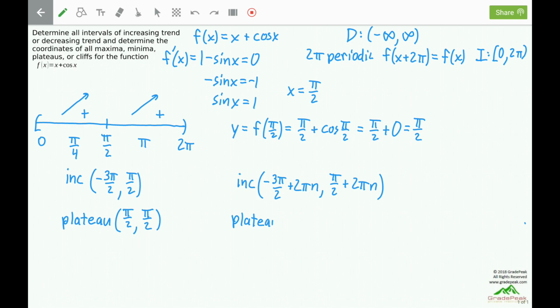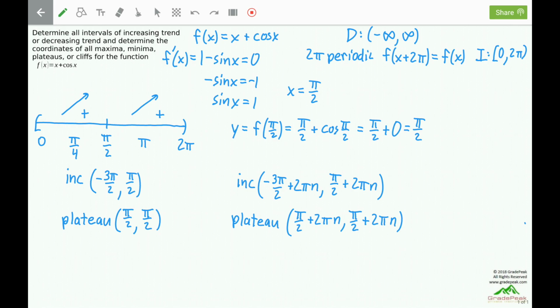And the plateaus will be located at pi over 2 plus 2 pi n and pi over 2, and because that pi over 2 is a y-coordinate coming from f of x equals x plus a trig function, it's also an x value, and it will also have a 2 pi n